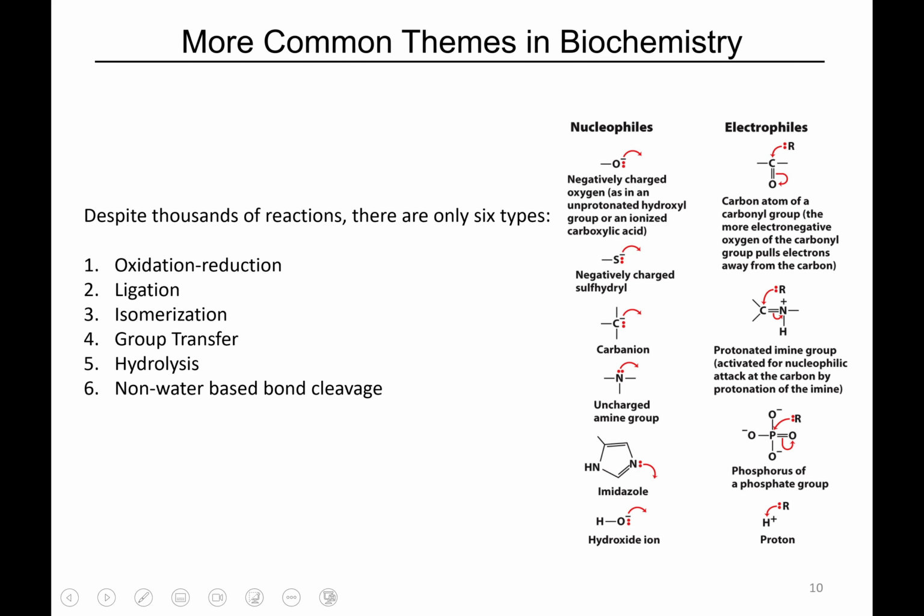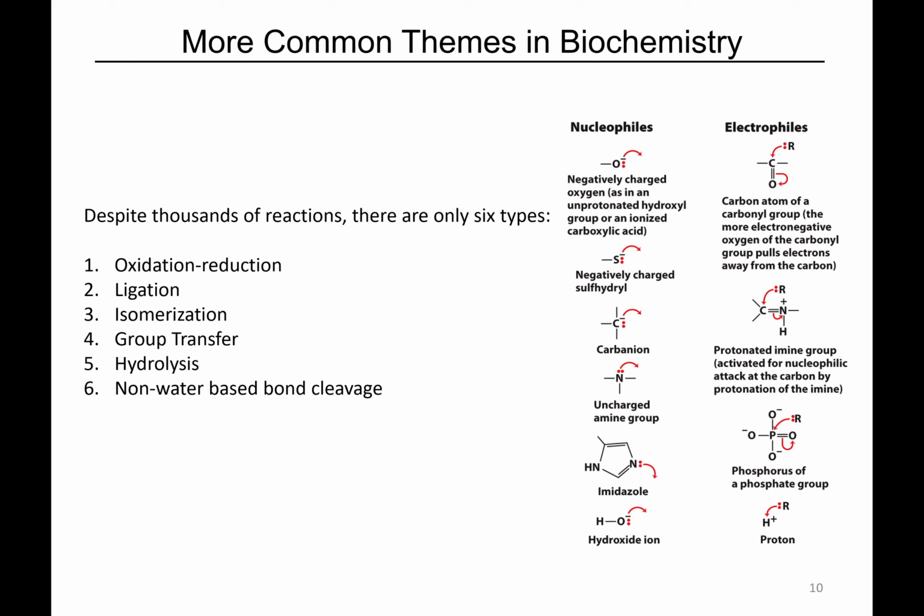This is the last common theme we'll talk about, themes in the chemistry. Things really boil down to 6 types of reactions, 6 classes of enzymes. Despite the fact that there are thousands of reactions, all of them are categorized into 6 categories. So it simplifies things really quickly. And we start thinking about common functional groups and common reactions. So there are themes in nucleophiles. There are themes in electrophiles. We really don't find anything else.